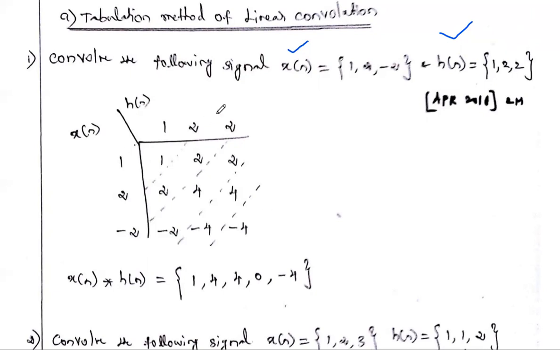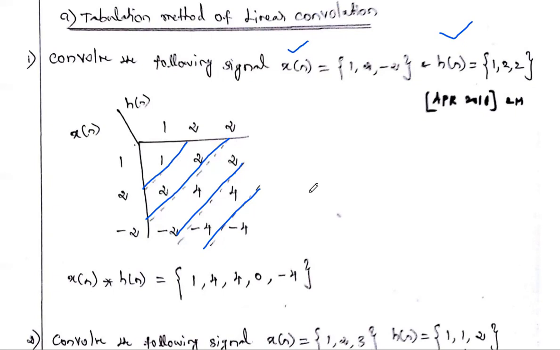So you have to multiply element by element. It is the second step. And the third step is to divide these elements diagonal-wise. So you have to split the elements in this matrix diagonal-wise. Diagonal means, in the first corner only one element is available. Then you divide like this, and only 2 elements are available. Then 3 elements. Again it decreases to 2 elements, 1 element. So likewise you have to diagonally separate these elements.